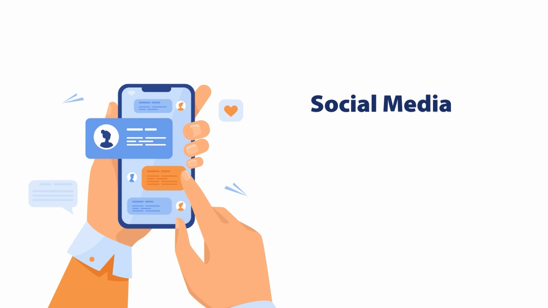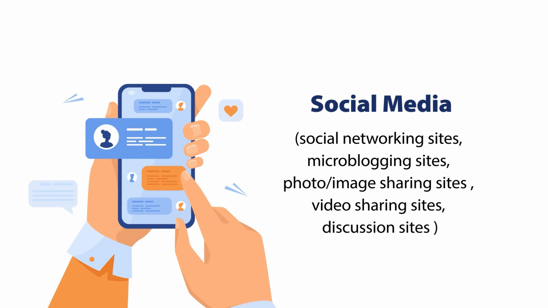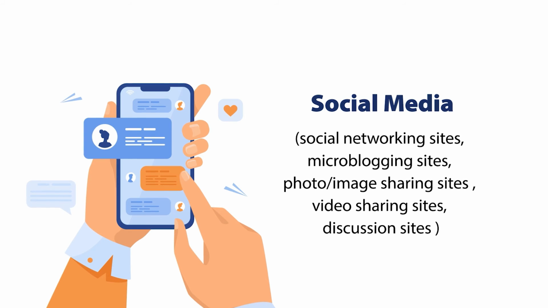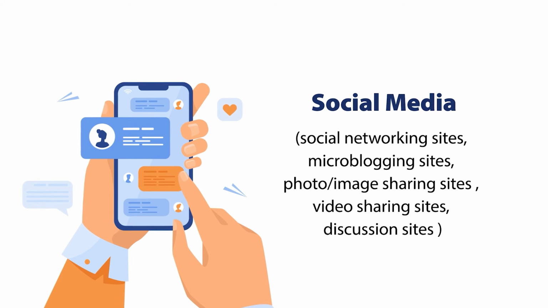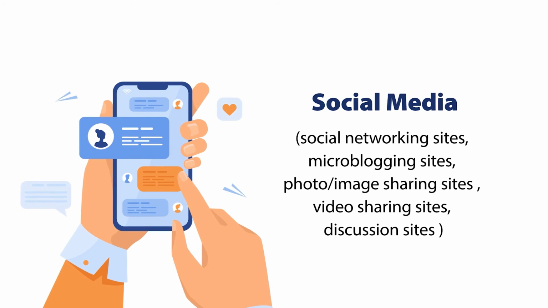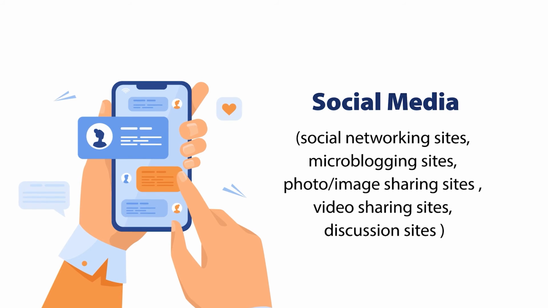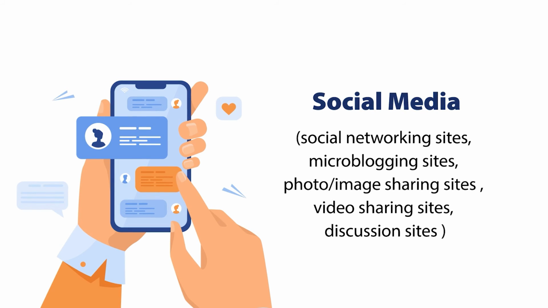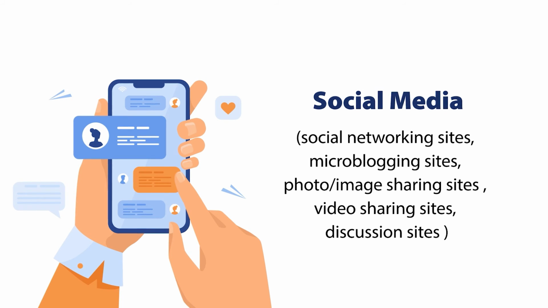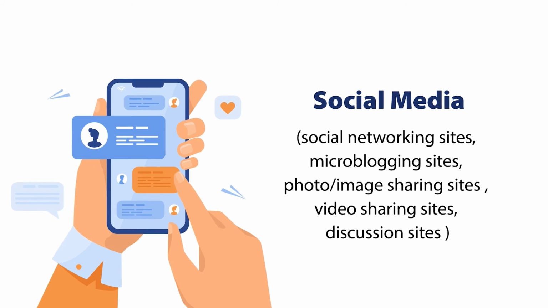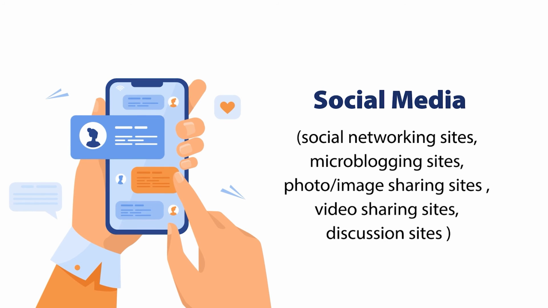The next one is social media. There are different social media platforms. They are the social software applications used for developing networks. There are many social media platforms, like if you want to create some social networks, Facebook, WhatsApp, etc. can be used. If you want to share your photographs, photo sharing social media can be used. If you want to share your video programs, video sharing platforms like YouTube can be used. So, there are different social media platforms.